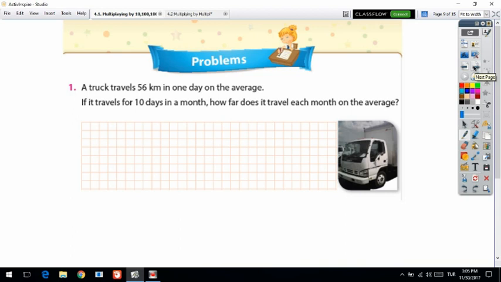Question. So yeah, we have word problems. It's a little bit different to understand. Let's look at the first question. A truck travels 56 kilometers in 1 day on the average. Just for 1 day. So if it travels for 10 days in a month, how far does it travel each month on the average? So if you drive a car in 1 day, 56 kilometers, so what about